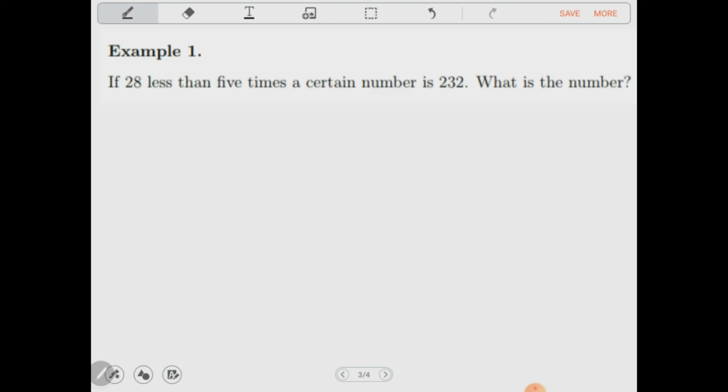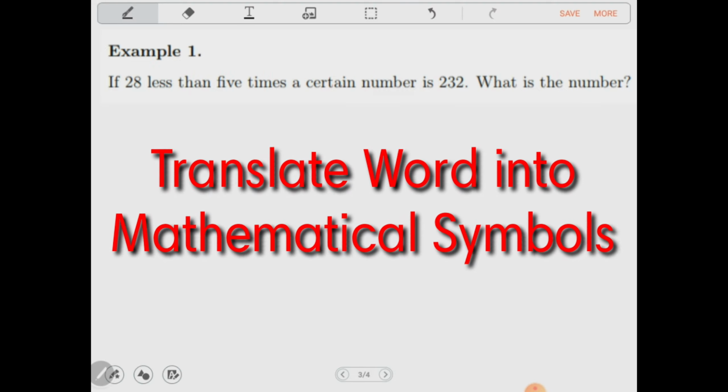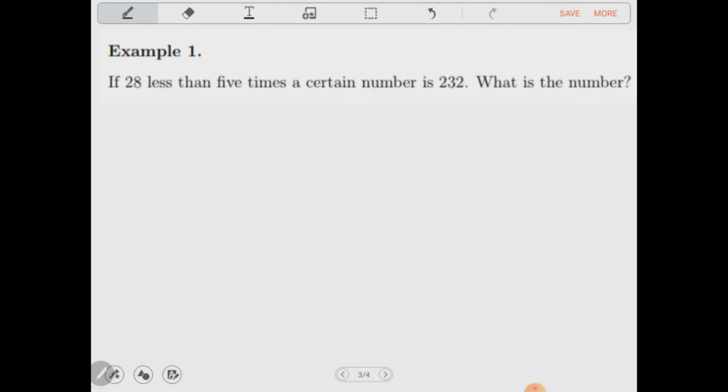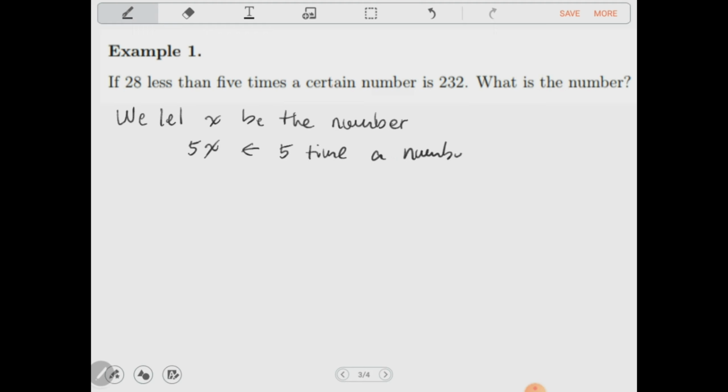The first thing you have to do is translate words into mathematical symbols. So it says here that if 28 less than 5 times a number, we let x be the number. Another is 28 less than 5 times a number. So 5 times a number would be 5x, and 28 less than that, we come up with this expression 5x minus